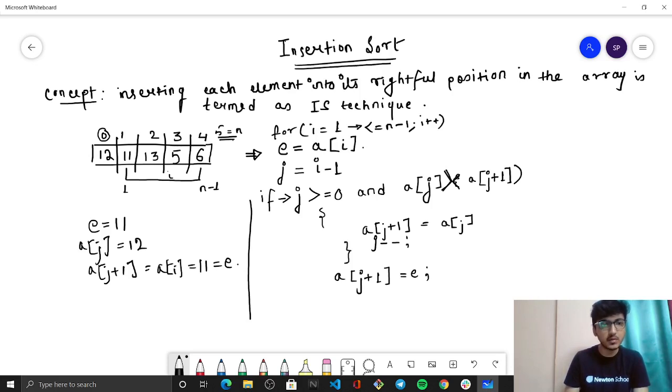So what does A of J plus 1 mean? Index 1 is now equal to 12 and index 0 is now equal to 11. That is what is happening in this line, right? In this line we are just replacing. So therefore now index 0 will have 11, and index 1 will have 12. And while leaving, what are we doing? While leaving, we reduce the value of J by one, one index minus. Okay,